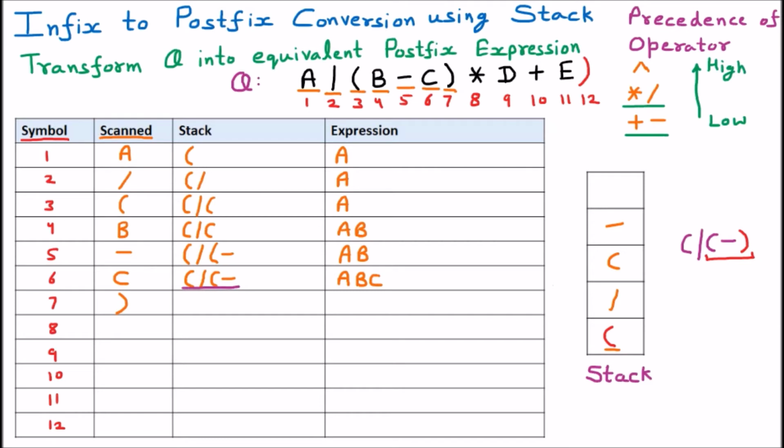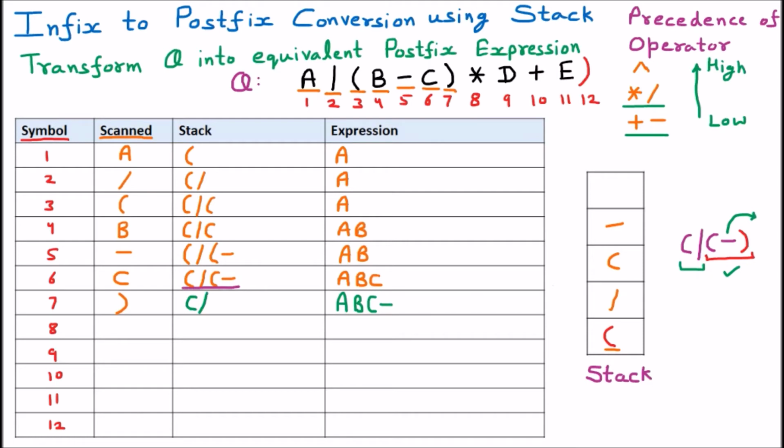How we are going to solve this? We will take out this minus out and put after the expression. So this minus will come out. Now we are having the above expression, which is A, B, and C. That is already present. And afterward we have placed this minus. So minus is placed. That means this bracket is completely solved. And which part is remaining? The remaining part is bracket and slash. So this bracket and slash will be placed here. So this bracket and slash is placed here.